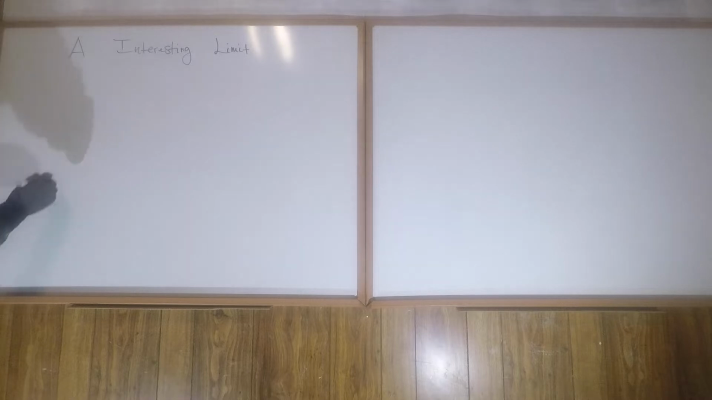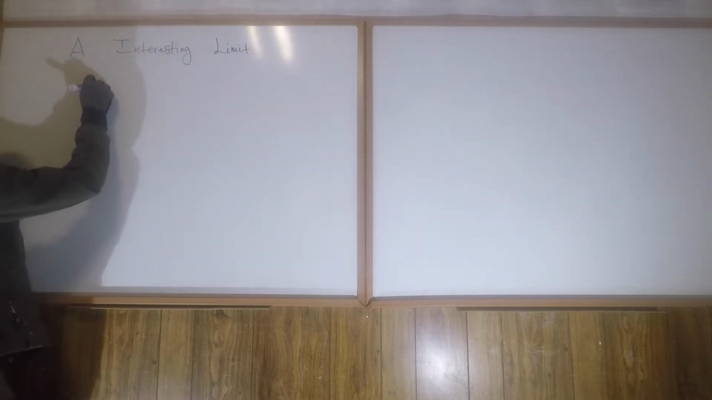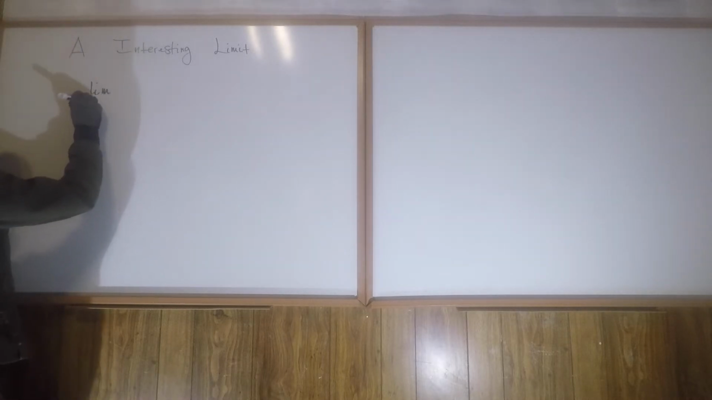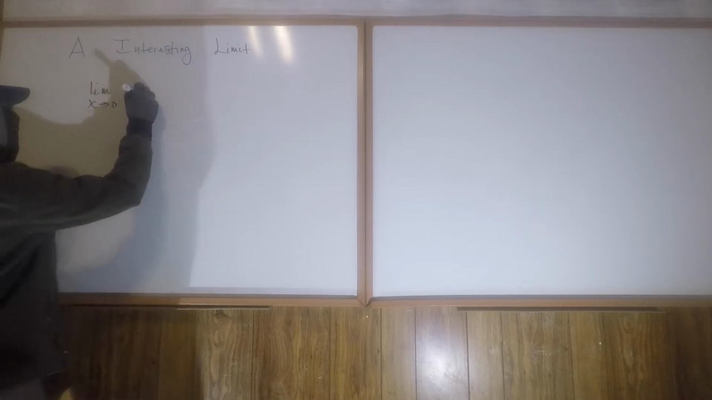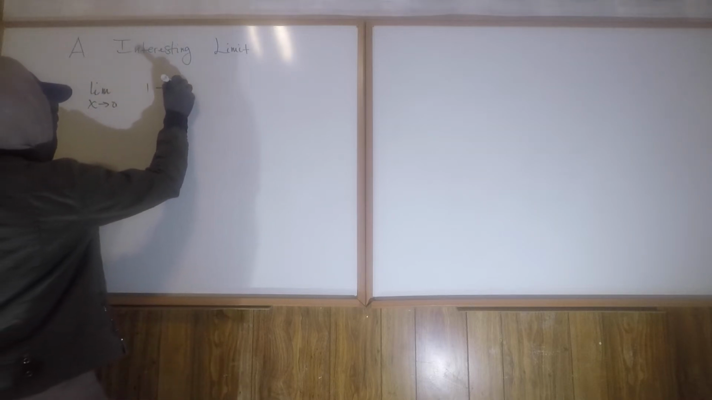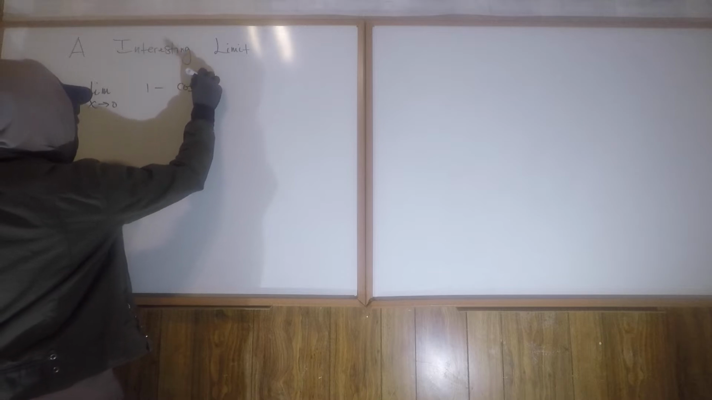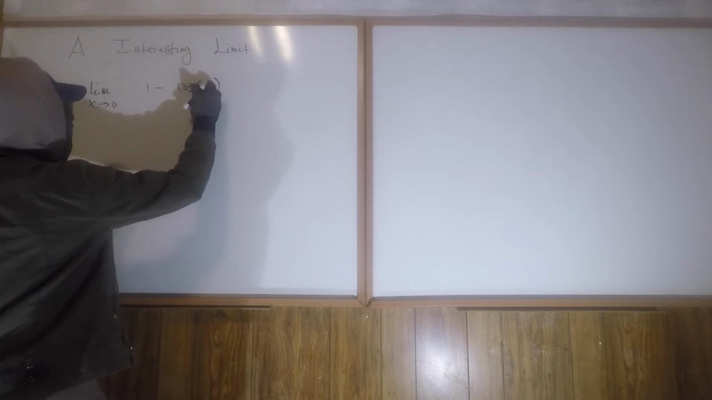This is the limit we're looking at. It is the limit as x goes to 0 of 1 minus cosine x to the 5th,